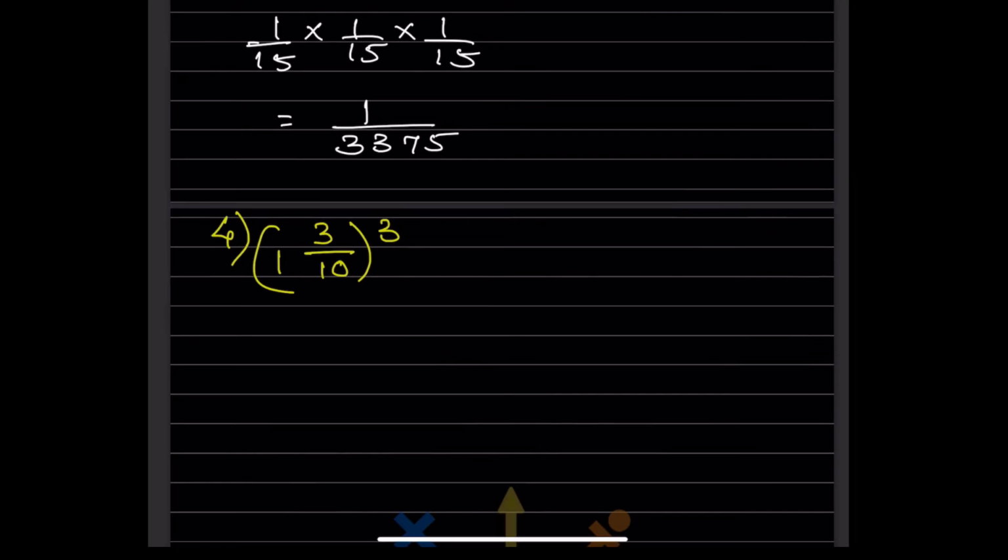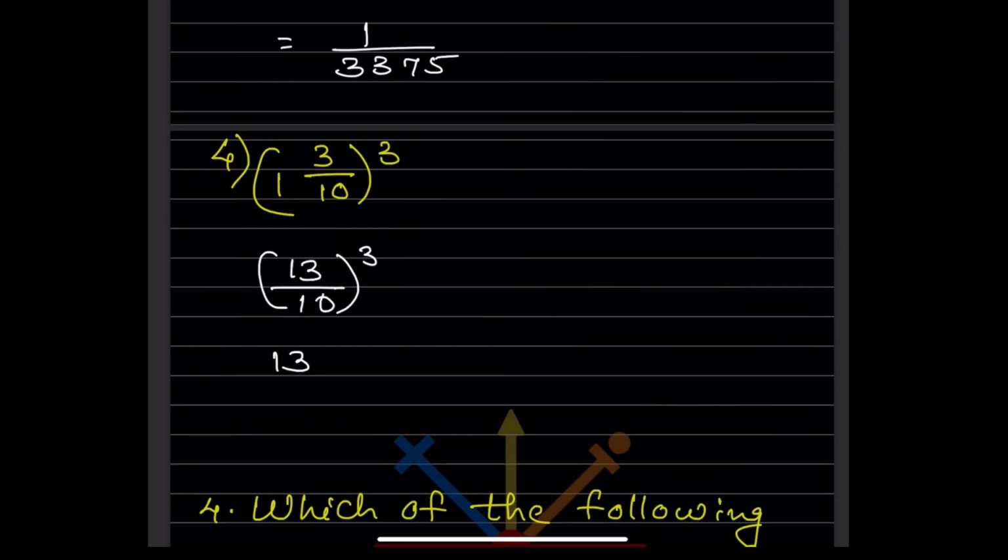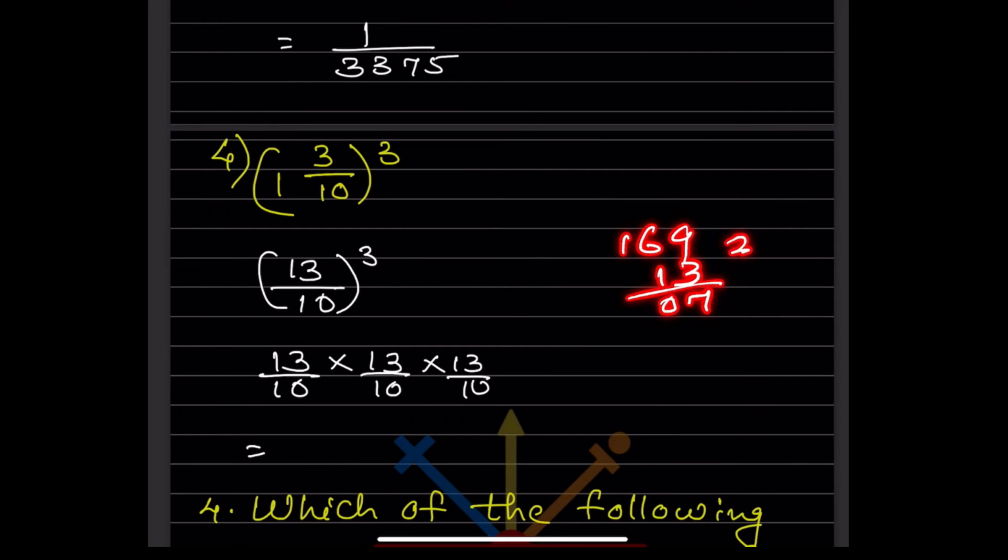Now see here, this is a mixed fraction, so you have to make it an improper one. So this will be multiplied, 10 plus 3, 13, 13 by 10. You will write here 13 by 10, and this is raised to 3. So this will be 13 by 10 into 13 by 10 into 13 by 10. This is going to be 13 13s are 169, and 169 13s are,